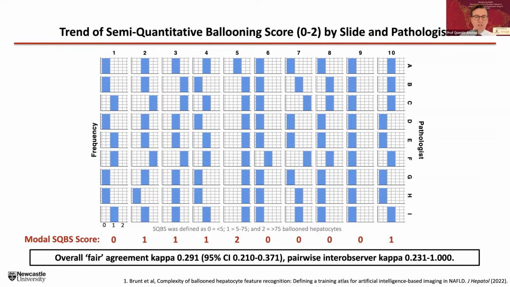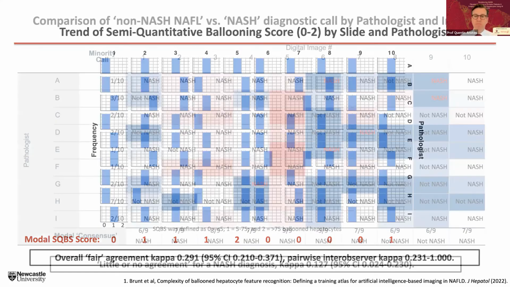But if you look at certain of the slides, there was still substantial variation. A great example here would be if you look at slide 7, running vertically there, you can see that for slide 7, 2 pathologists considered there to be a very large number of balloon cells, enough to get a semi-quantitative score of 2, whereas another 4 of the expert pathologists considered there to be absolutely no balloon cells present. And it's not just that one image, the same sort of variation could be seen in several of the others. So there is definitely an issue here in terms of inter-observer variation and how it may be interpreted.